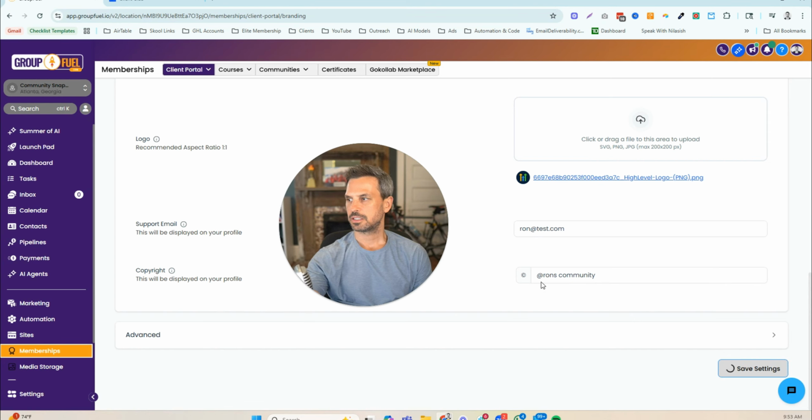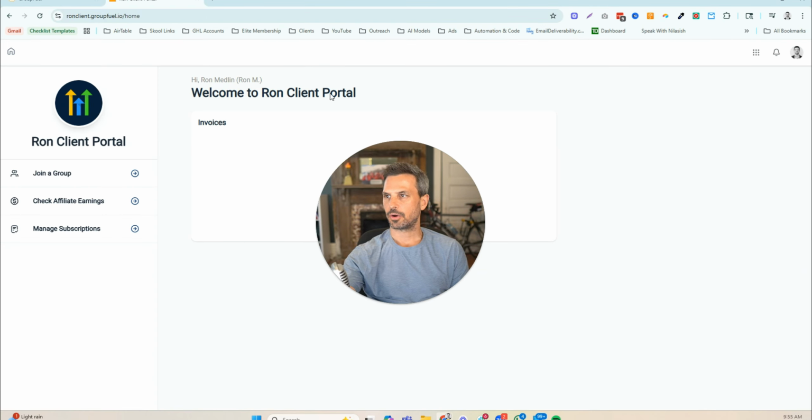And then we'll give it a second to kind of load up, and then we'll take a look at what those changes did. All right, so the changes have been updated. You can see that Ron's client portal is now the title in here. And then there's no description in the actual client portal itself. The logo is going to show up in the client portal right here. And then we've got the favicon that shows up in the browser